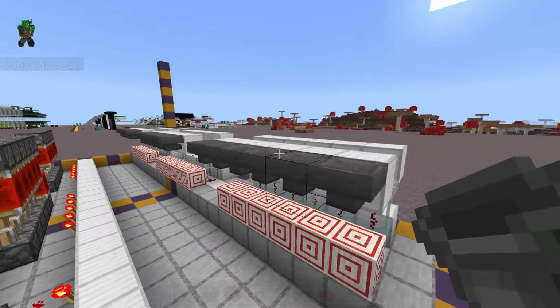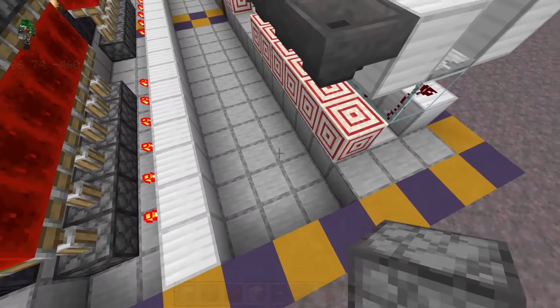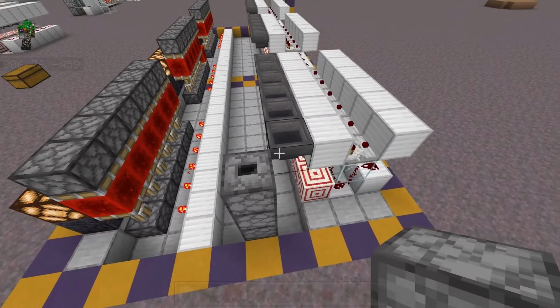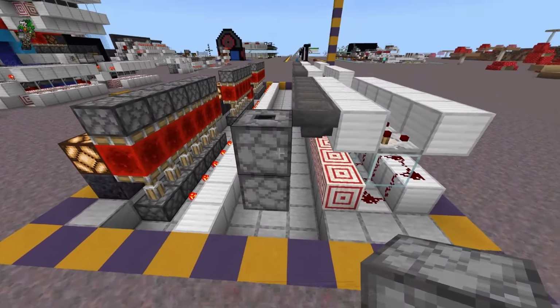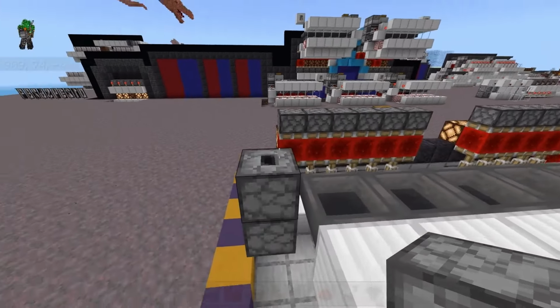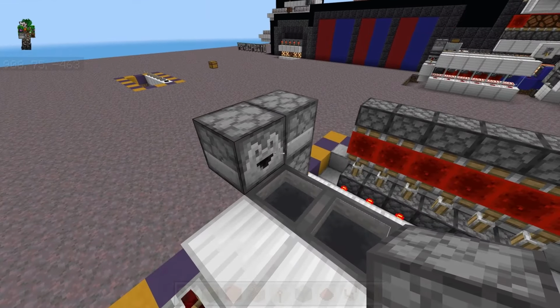Now we need to go to the rightmost side, and diagonally from the hopper on the right, we need to place 2 temporary blocks and then 2 droppers facing up. So these bottom 2 droppers are just temporary blocks. So we're left with 2 droppers facing up that are aligned diagonally from that hopper. Then we need a dropper facing the back, then a dropper facing the hoppers, so that we have 4 droppers